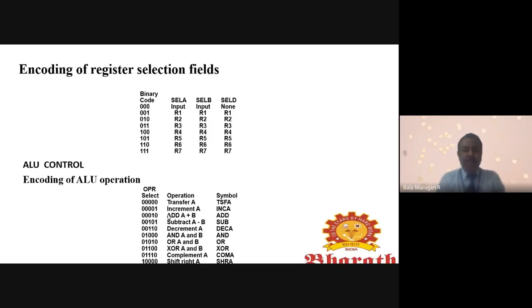After that, if you want to add, so 00010 is add A plus B, that is ADD. For subtraction, 00101 is subtraction A minus B, SUB. 00110 is decrementing A, so DEC A, and then 01000 means add A and B, that is ADD, and then